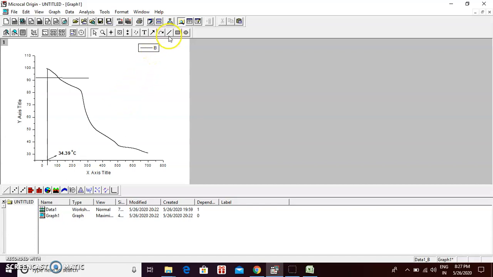Now for the next step of degradation, you have to click again on the line tool and see from where your degradation starts again. So this is the first step where there is a curve that has started degrading. Now these points come again here, and as it goes here, again there is a decline. So this is the second step of degradation. So we'll start with this second step of the degradation. All right, so this is the second stage of degradation.